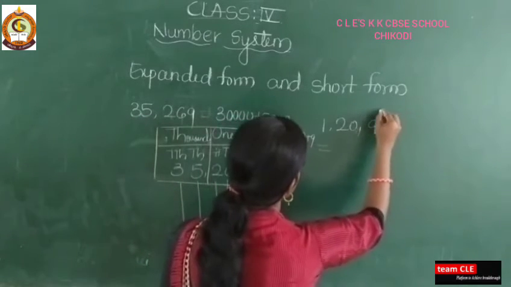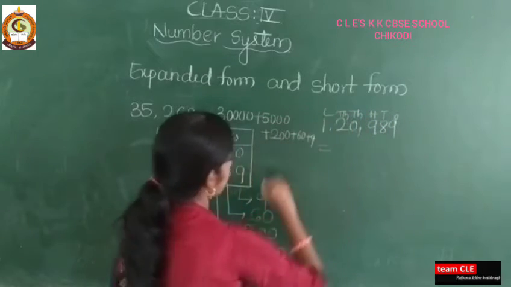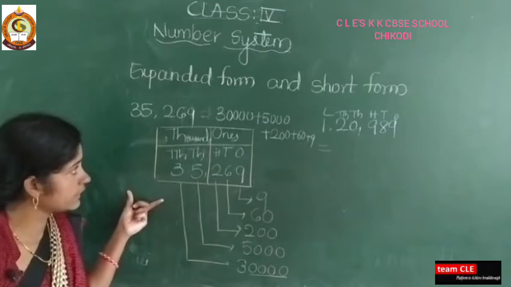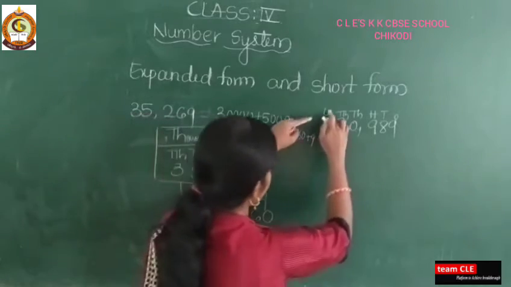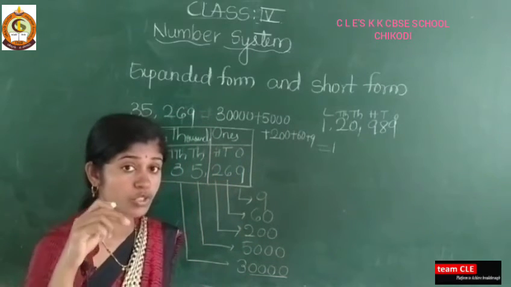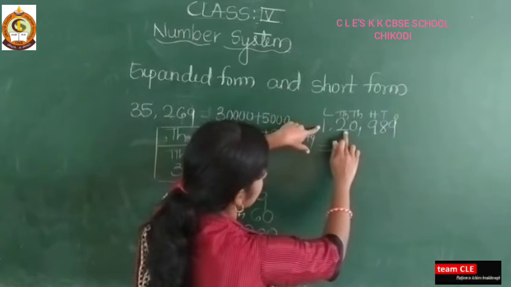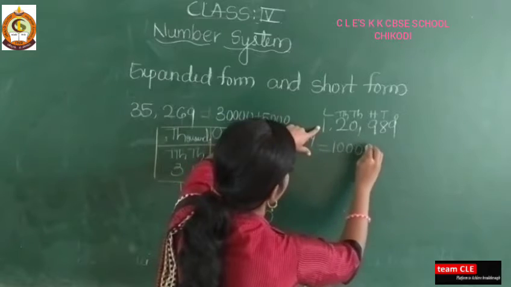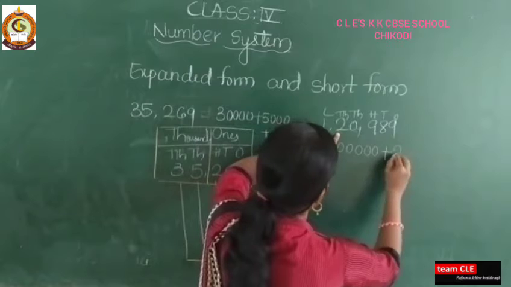See here: ones, tens, hundreds, thousand, 10,000, lakh. There is no need to solve this; for your understanding purpose I wrote this. If you are writing directly, that is also correct. So write 1 lakh here, and if you are confused how many zeros to put there, see 1, and after 1 how many digits are there? 1 2 3 4 5. So give 5 zeros here. Plus 2 10,000s means you write 2, and after 2 how many zeros are there?